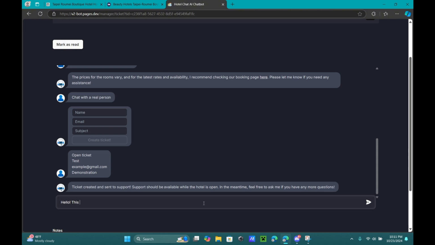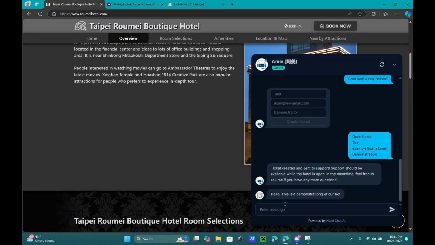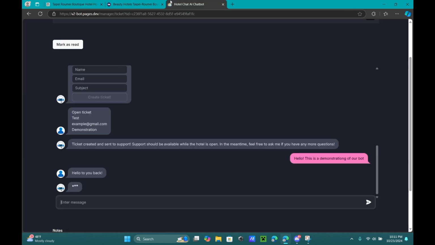And then we will go into the side of the hotel employees. So a hotel employee will see this side of the chatbot. They can access the chat. And so once they click it, they can then go in themselves and answer any questions that a hotel guest has on their own.